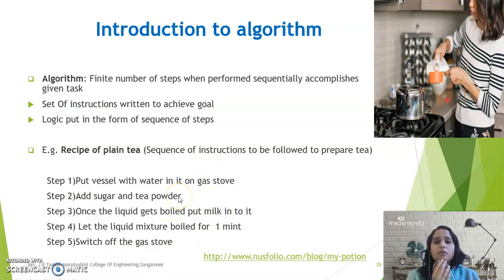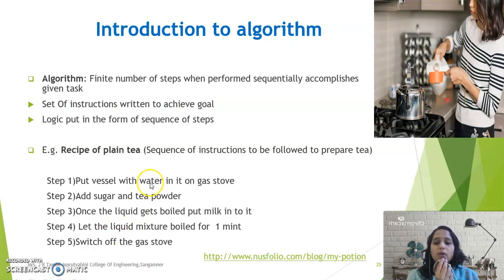While writing the algorithm, you should be very sure whether the algorithm will give me a satisfying result, a proper solution. For example, a person who is very new to tea, who is from out of the country, if he follows these steps, will he get a satisfying tea? For example, the first step is putting a vessel with water. Remember, we cannot call this entire part an algorithm. Why? Some things are missing while writing this algorithm.